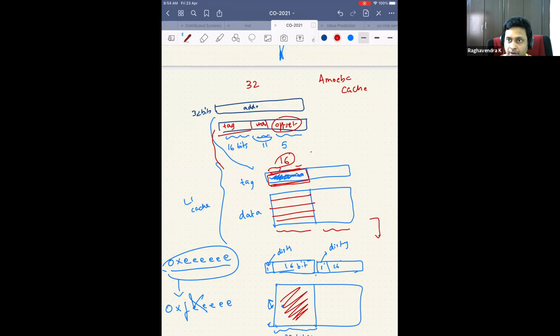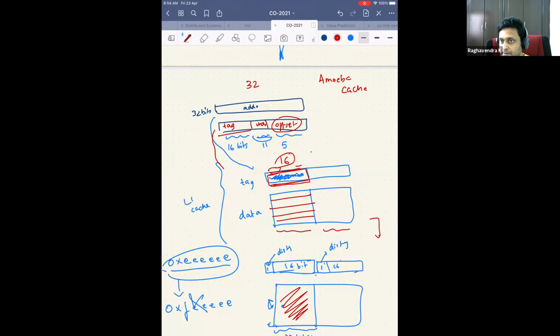So there is no fixed block size at all. It organically grows from 16 bytes, 32 bytes to 64 bytes, 128 bytes, 256 bytes. The block size is 256 bytes, but they don't start with 256 bytes. That's why they call it amoeba cache. Maybe there the valid bit is differentiating between these blocks, but we are not worried about all these techniques. As part of the tag, I can add any number of extra bits that I want.